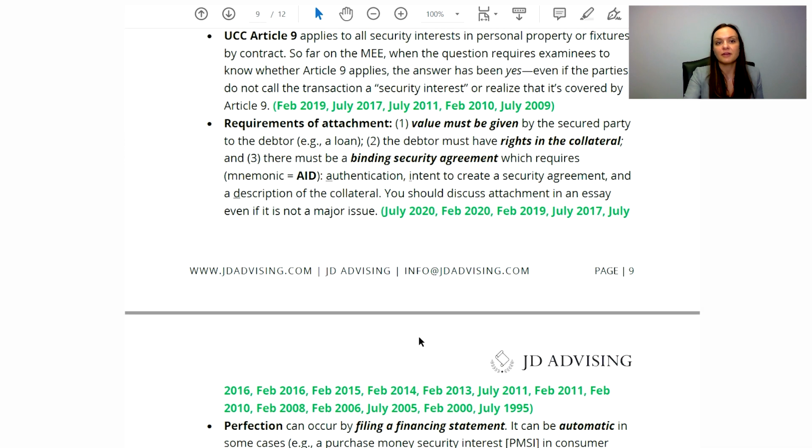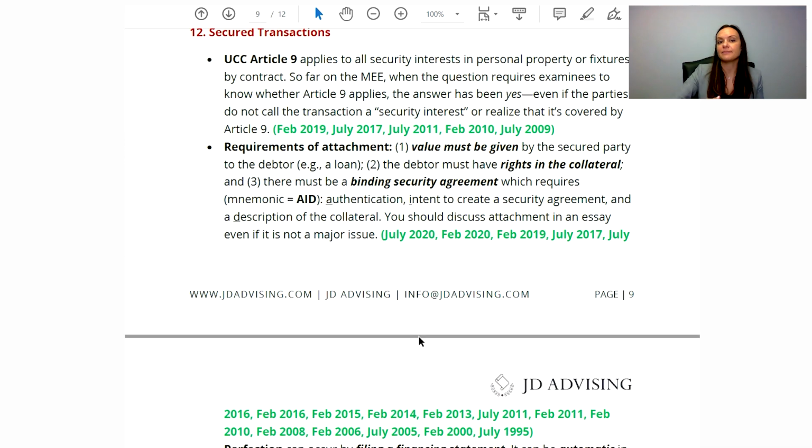I know that not everyone loves secured transactions. I know that it can be a rather overwhelming subject to some people and it feels foreign. My general recommendation for you to master, or at least get a passing score, on a secured transactions question is to focus on the basics. Understand if there is a secured transaction. Understand what it takes to perfect. Understand the basic rules of priority.